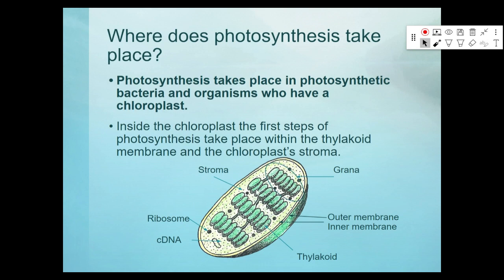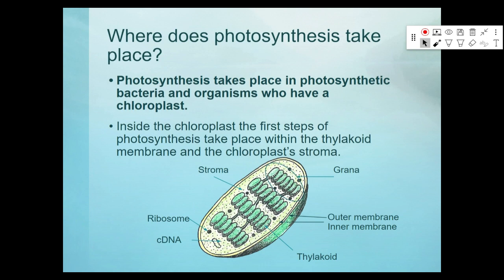Remember, we talked about mitochondria having its own DNA, separate from the nucleus. And also, these chloroplasts have their own DNA separate from the nucleus. It was thought that at one point these were their own little cell, which got eaten by a larger cell. That's one of the reasons they believe that, because this guy has its own DNA. All right, and then you see the outer membrane out here,